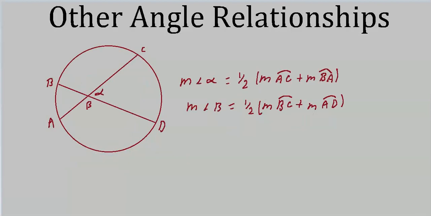Now here's one that's kind of cool. Suppose the angle isn't over here on the circumference, and it's not a central angle. It's somewhere in between. These two lines intersect somewhere inside the circle, forming four angles. Remember, these are vertical angles, so alpha here, and this would also be alpha. This is beta, this would also be beta. Remember, these are vertical angles, so they're congruent. So whatever we say about this angle, we can also say about this angle. What can we say about this angle? Well,